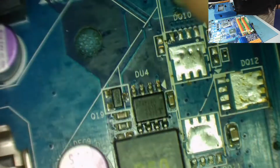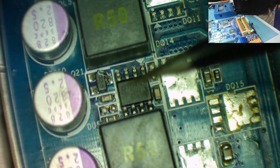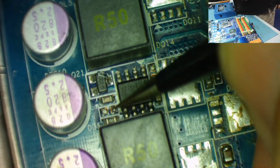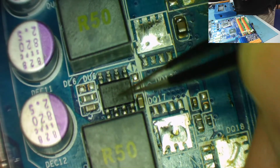What have we got on this side? The transistor again, the 1R0, 2 capacitors. The transistor again, I thought it was missing, it's there. The 1R0 and the 2 capacitors. Yes, that is the 1R0 in a different place, so that means we do need to check that other one. Capacitor, 1R0, 2 capacitors, yeah. And that one